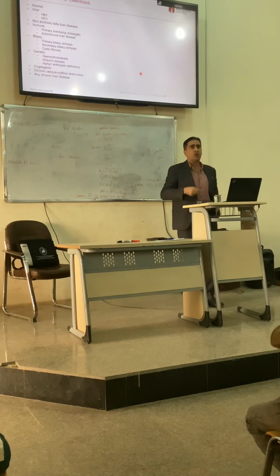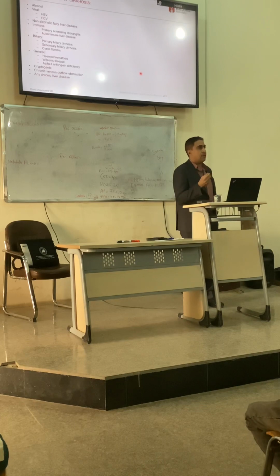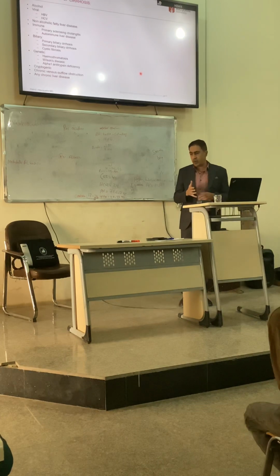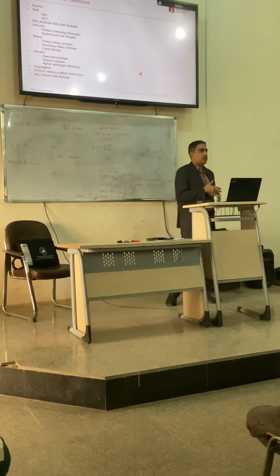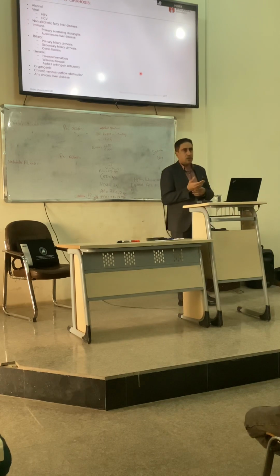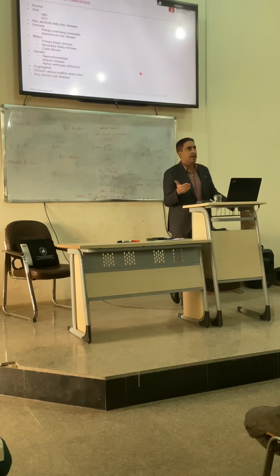We have many causes for liver insult. There are toxic causes for liver insult. The first cause is alcohol. Many people drink alcohol, especially in Western countries, as a social habit. So when there is chronic high intake of alcohol, it leads to liver inflammation, and this liver inflammation leads to